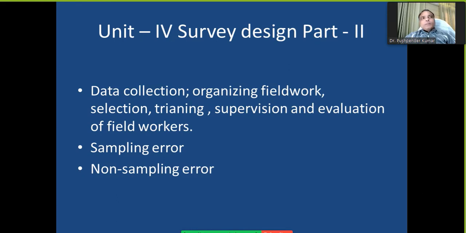So generally, whenever we receive any project funding from ICSR, UGC, DST, there is a scheme that you can hire a few people and they may be designated as research associate, research assistant, and field assistant. So these field assistants or scholars, they can go to the field and they can collect data.